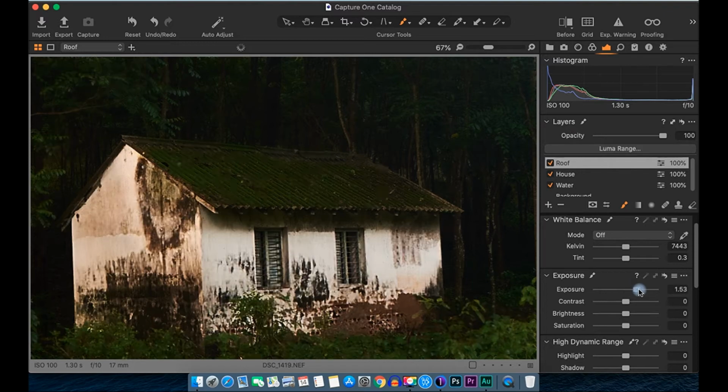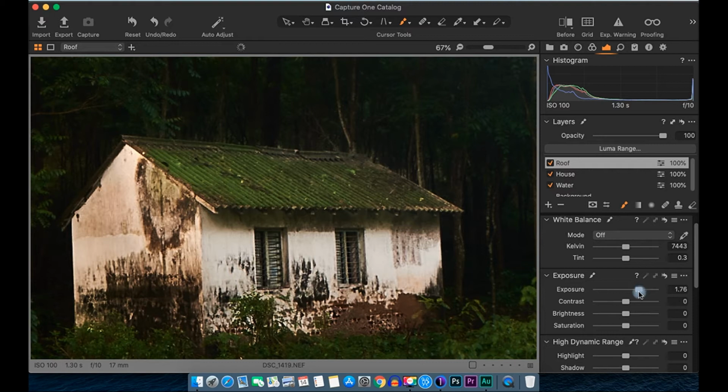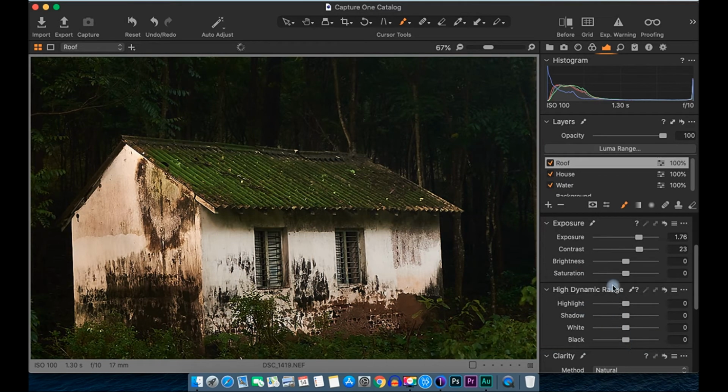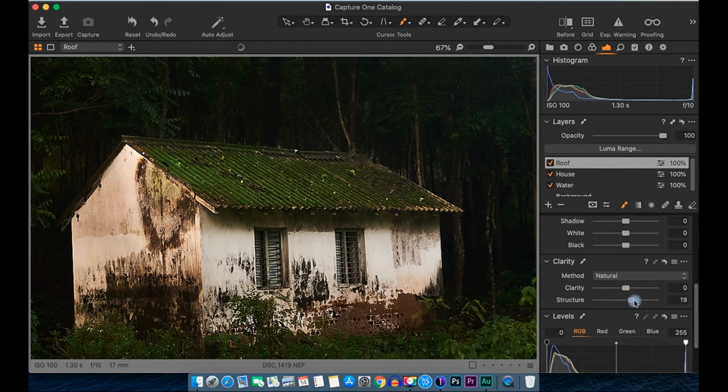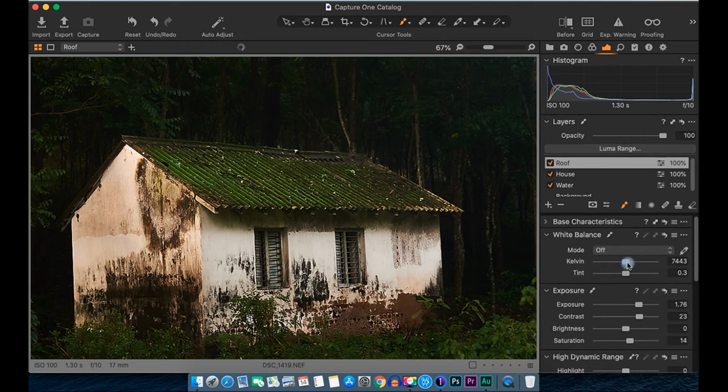I'm going to increase exposure again quite a little bit, increase the contrast to give a pop, give a bit of saturation, and again increase the structure. Since it is lit by the glow of early morning sunrise, we'll give a bit of warmth.